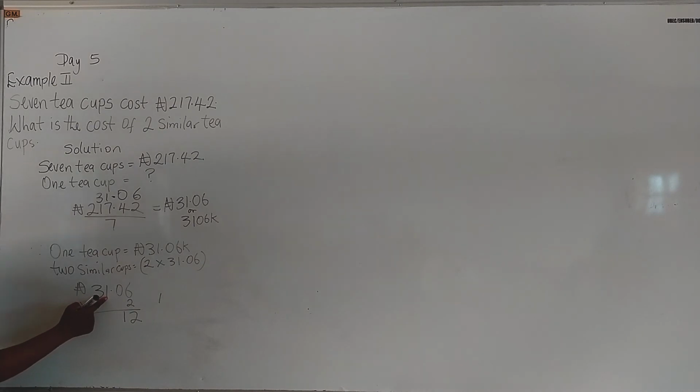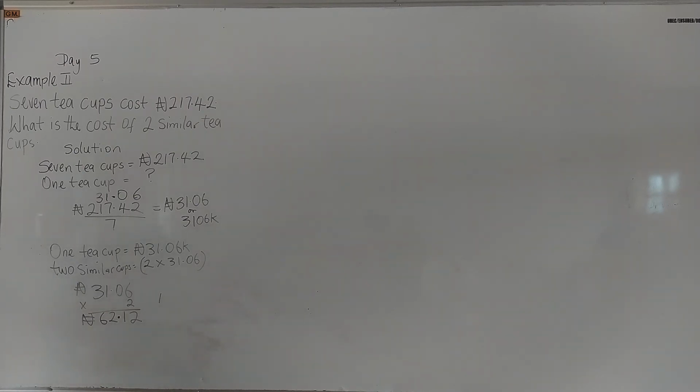2 times 1 is 2. 2 times 3 is 6. Put it. Then count your decimal. 1, 2. 1, 2. Put your decimal point here. Your final answer is 62 naira 12 kobo, or 6,212 kobo. Therefore, 2 similar teacups cost